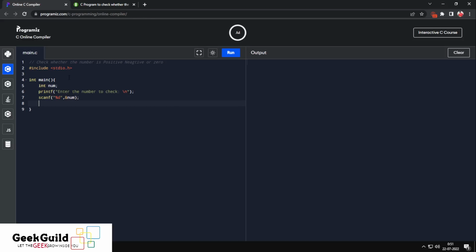Now if a statement starts in here. The if statement for every single program is almost the same, and in this case as well, we will first write if num is greater than 0, right? If num is greater than 0, what will happen? For sure it should be positive. So we will be printing, the number is positive,